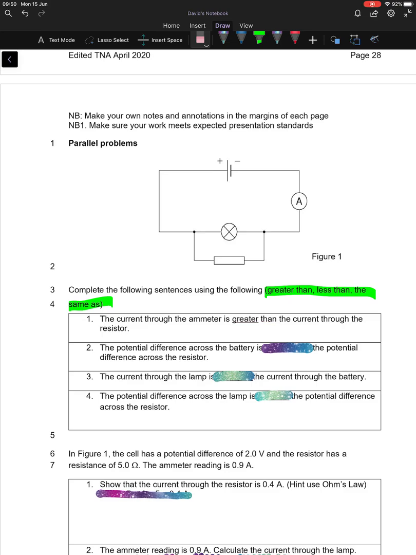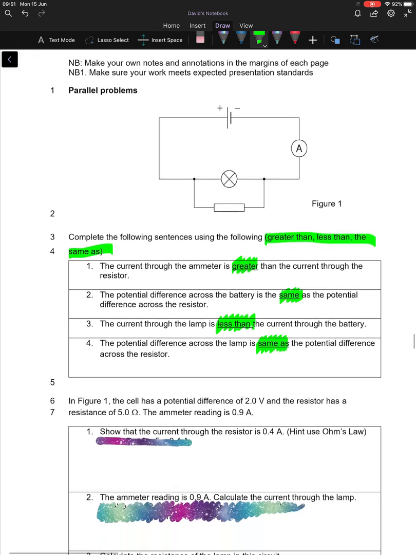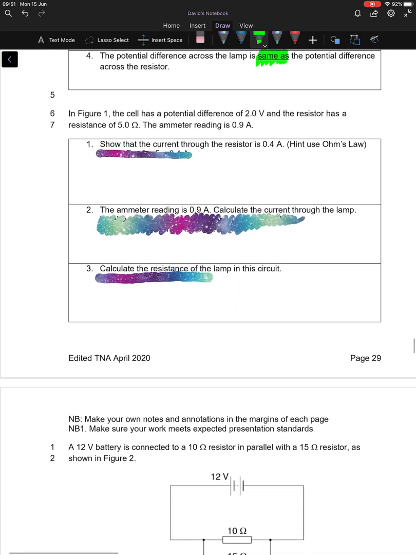Right, unpause the video. And as you'll see, the current through the ammeter is greater than the current through the resistor. The potential difference across the battery is the same as the potential difference across the resistor. The current through the lamp is less than the current through the battery. And the potential difference across the lamp is the same as the potential difference across the resistor. Good, right. So, now,